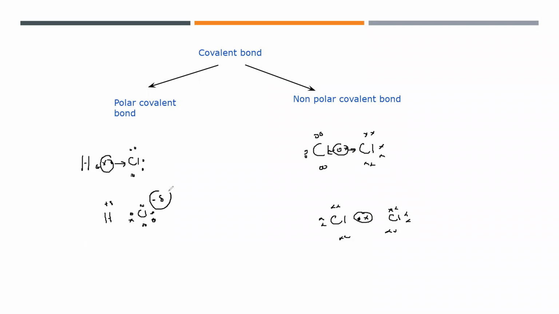So there will be a partial negative on one and a partial positive on the other. This type of covalent bond is known as a polar covalent bond. But if there is equal attraction, then we call